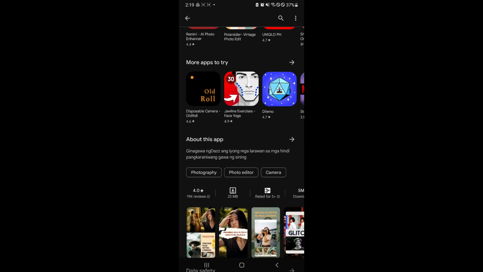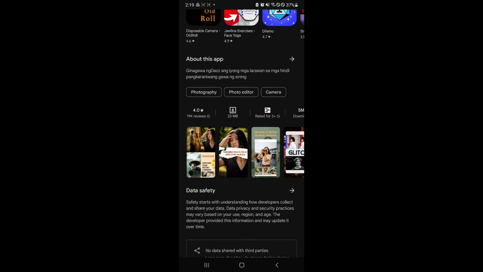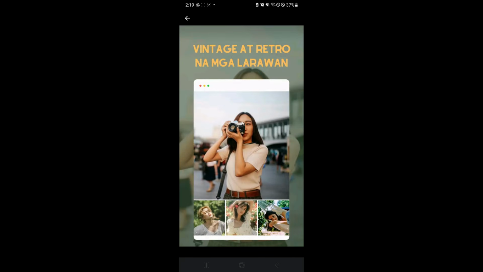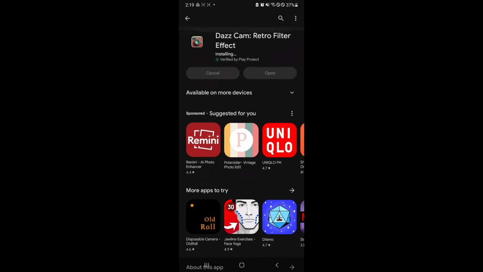Now you could see information while waiting for it to download. You can see information on what this app is about, and it's basically an app editor or application that would improve your camera quality or your image quality. So over here right now, it's installing, and that's basically it and how you will be able to download